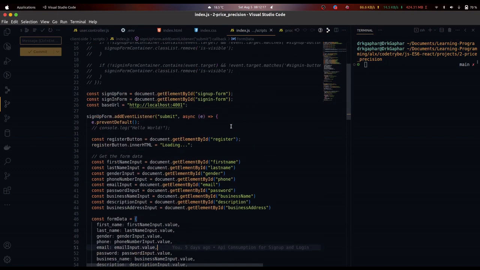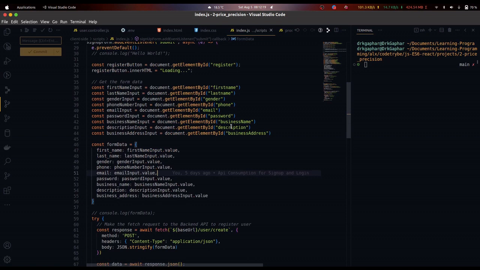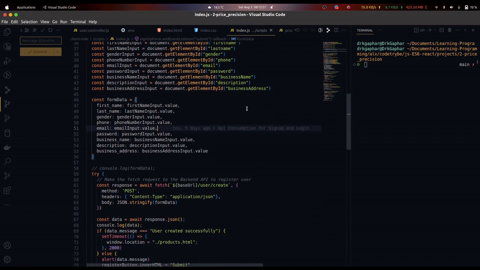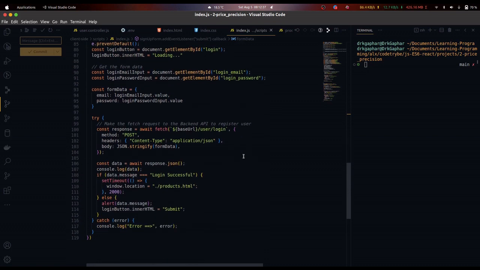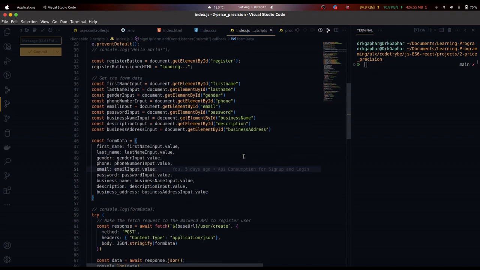So this section is the concluding part of the consumption of the API endpoint for the price precision app. In the first section we already implemented the endpoint where we create and sign up a user. But before we proceed, I'd like us to correct one issue we had concerning the use of form data